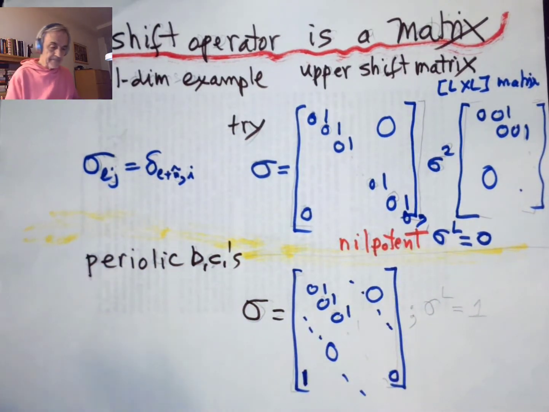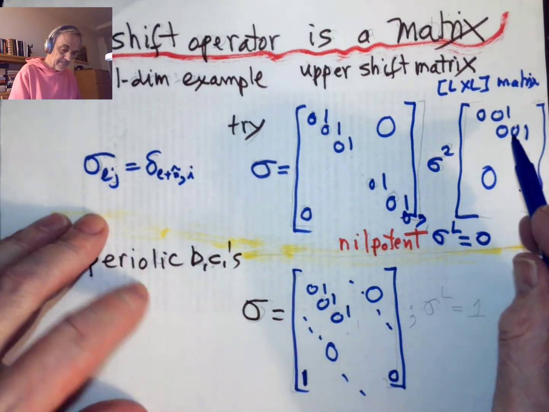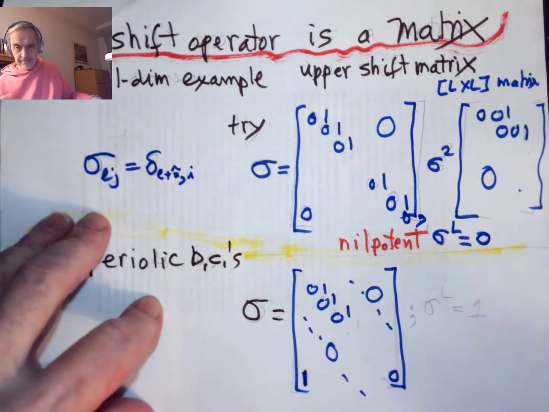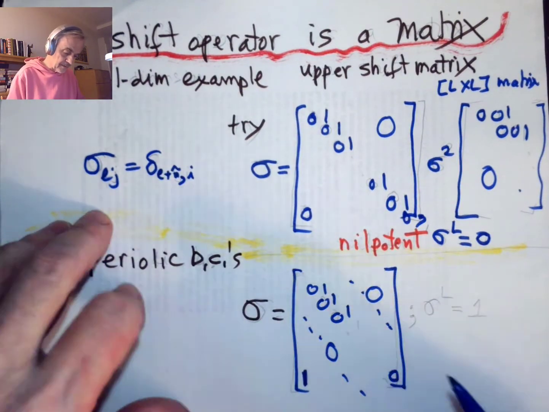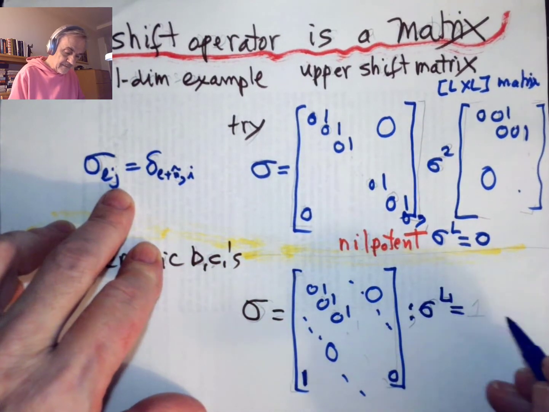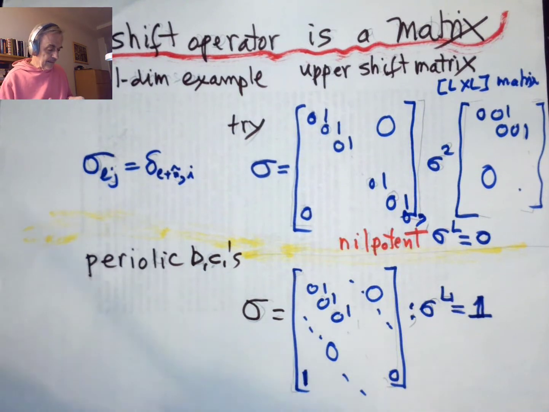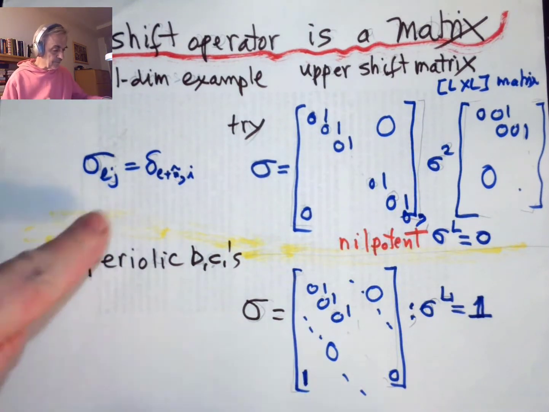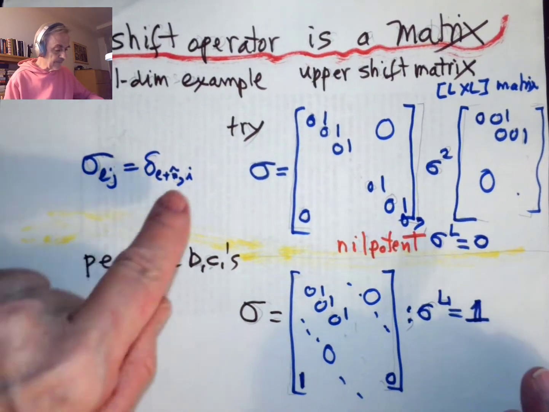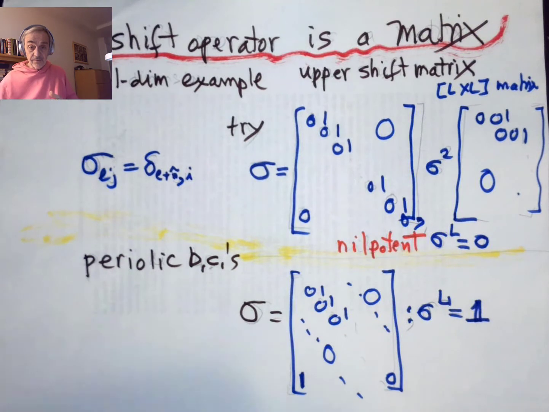What's good about that? As you shift the matrix, you'll find out that this 1 will also shift. And these things that disappeared as I apply the matrix will reappear in the lower left corner and propagate as a diagonal. And when you do this L times, you'll actually get to the identity. So it's not sufficient just to write that when you take a derivative, you have to compare the two neighboring points. That's what this shift matrix written in the canonical basis does. But you also have to make sure that